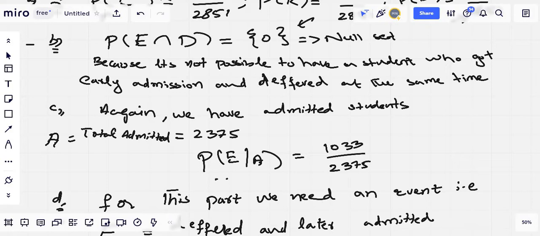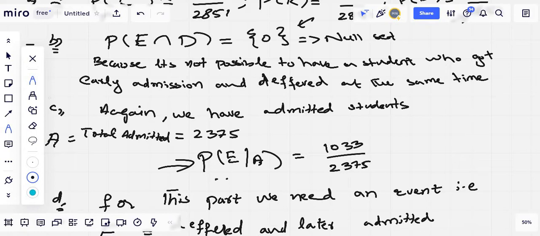Why? Because this is basically a conditional probability, and we already discussed the idea of conditional probability in our class, that the conditional probability basically reduces the sample space. Our total sample space was basically